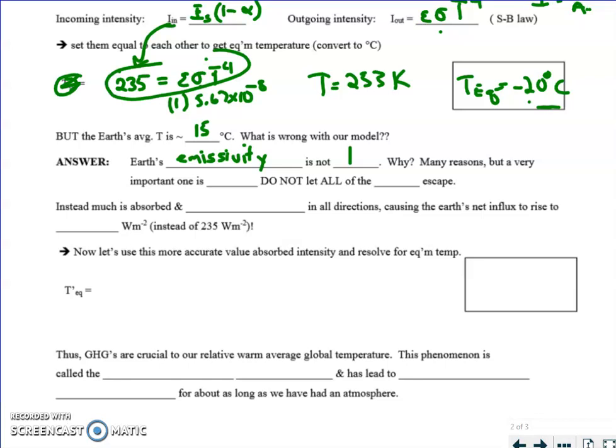And there are many reasons for this, but a very, very important one is that greenhouse gases, GHGs, do not let all of the infrared escape. So in other words, if I apply this temperature to Wien's law, we will see that the